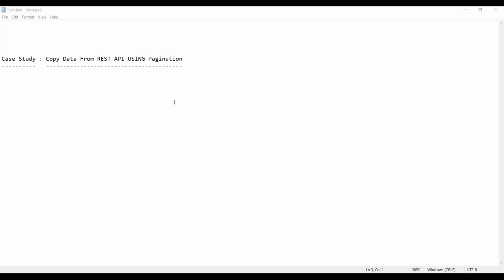So, guys, we are going to start with this REST API integration. Instead of copy data, we'll say REST API integration. That's better. REST API integration using pagination. So, guys, what is pagination? Basically,